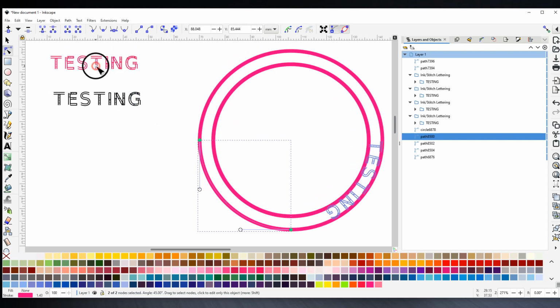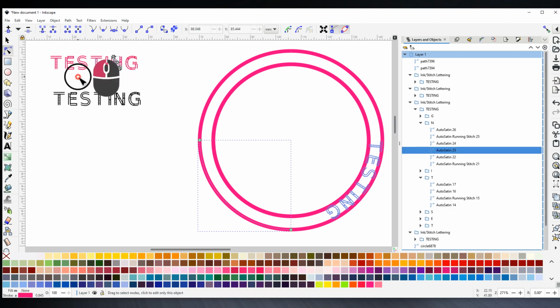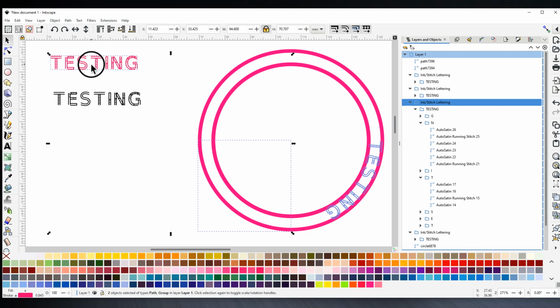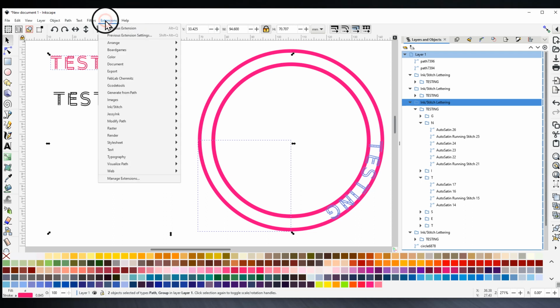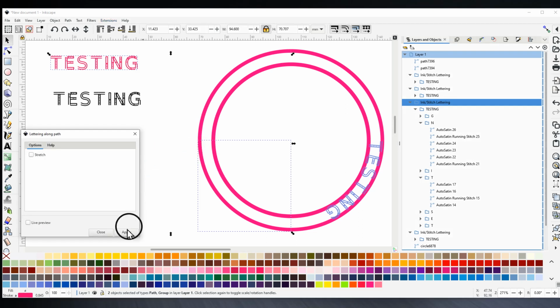And okay, now I will select this path section, hold down the shift key. Oh, I was in the node select, I have to be in the selection mode. Now we have the path selected and the text selected. Now we go Extensions, Ink/Stitch, Lettering Along Path, and we go Apply,